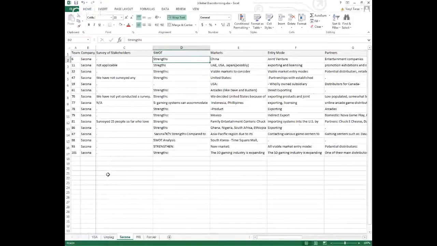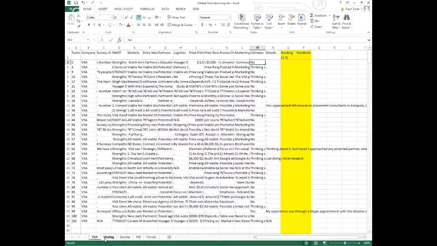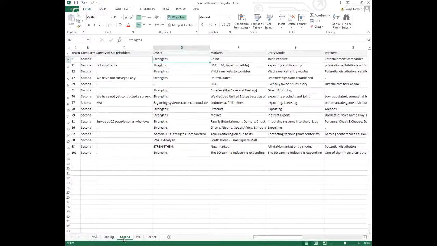So here is what the file will look like when you receive it from, in your case, the program director, for coaches, the coach coordinator. It will look something like this. It will be an Excel file, and you may not get the whole thing, but only one page within the file. It will be an Excel file with a separate page for each of the teams, each of the companies.